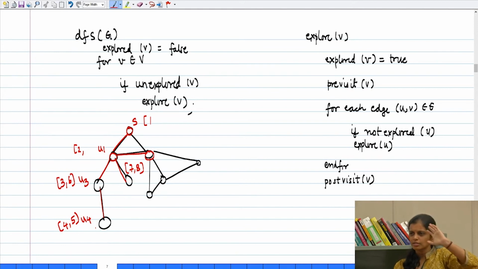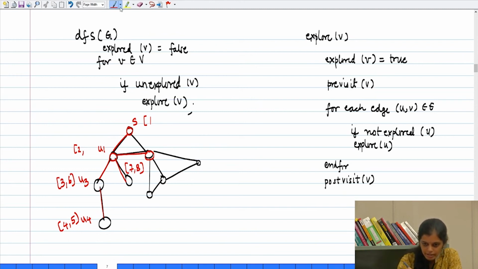Now, is this claim true again, that if I find that U4 is in layer whatever, 1, 2, 3, then it actually has a 3 length path from S? The path is there, clearly there is a 3 length path, because that is why I gave the layer numbers,